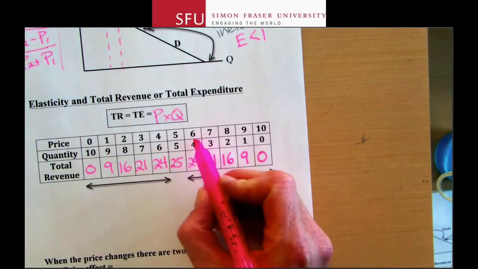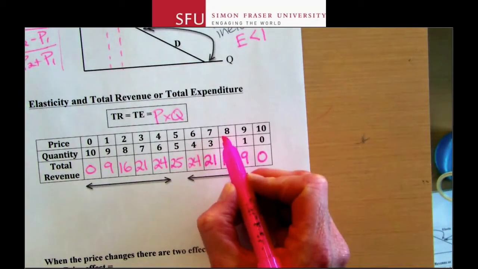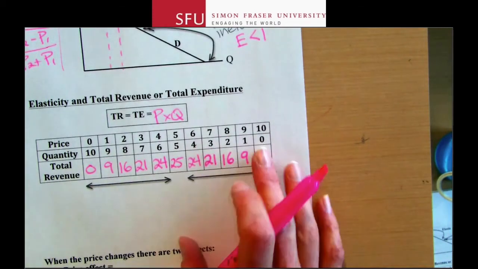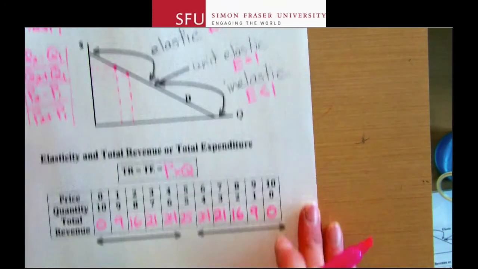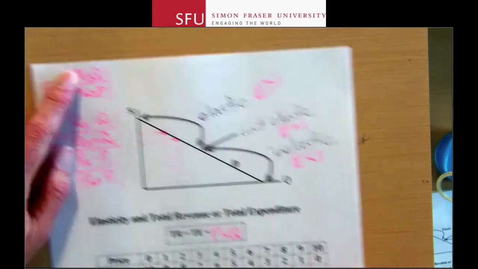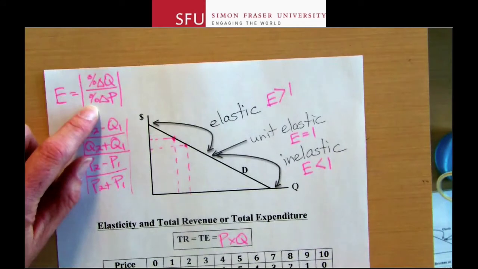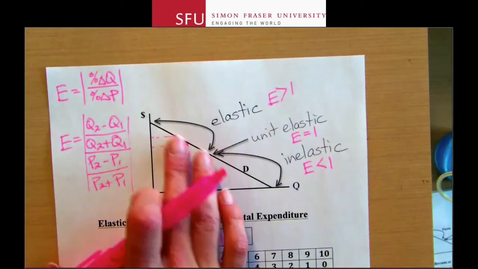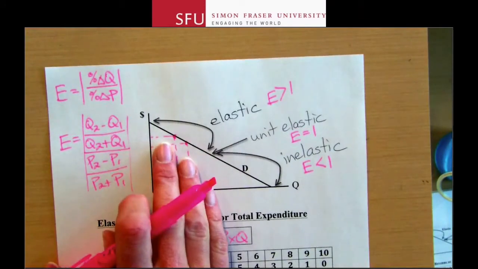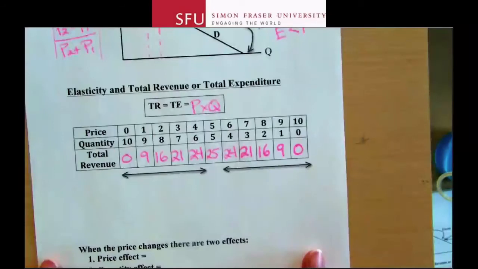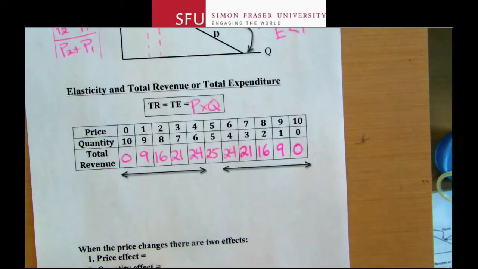And so the increase in the price no longer makes up for the decrease in the quantity. Now that change in the quantity is having a bigger effect on your revenue. So the percent change in the quantity is bigger than the percent change in the price, and so that's greater than 1 elasticity. That would be the upper portion of the demand curve then, where you've got higher prices and smaller quantities. All right. So what's happening,